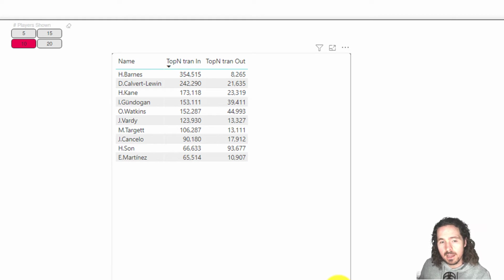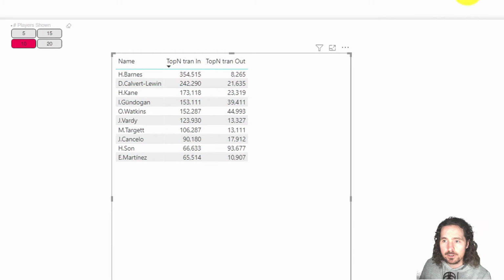So now, as you can see, I have my top N transfers in. This measure is currently called top N transfers out, and that's not entirely accurate now because that's not what I'm showing. So I'd have to change that name a little bit, but I've achieved what I want to, and I'm not having to use a great deal of filters